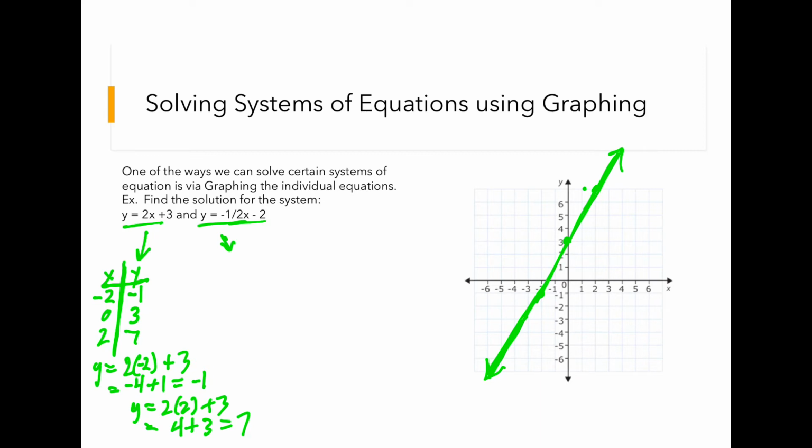All right. For the other equation, I'm going to do this one in red. I'm going to use the y-intercept and the slope. So my slope I know is -1/2. So that's -1 over +2 or +1 over -2. Both of those equal -1/2. And the y-intercept is 0, -2, because there's that subtraction there in front of 2. So I know that this is one of the points. And with the slope of -1/2,